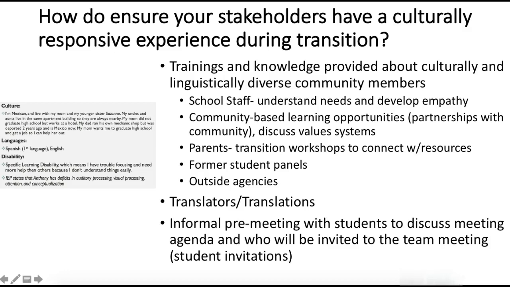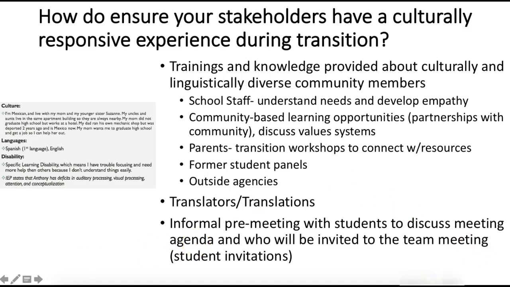And then also inviting outside agencies to your school campus to meet not only your students, but also share the resources that they have and start those connections early. Making sure that you have translators and translated documents. And then having an informal pre-meeting with students to discuss the meeting agenda and even allow them to decide or have some input on who's invited to the team meetings or the IEP meetings or the transition meetings.